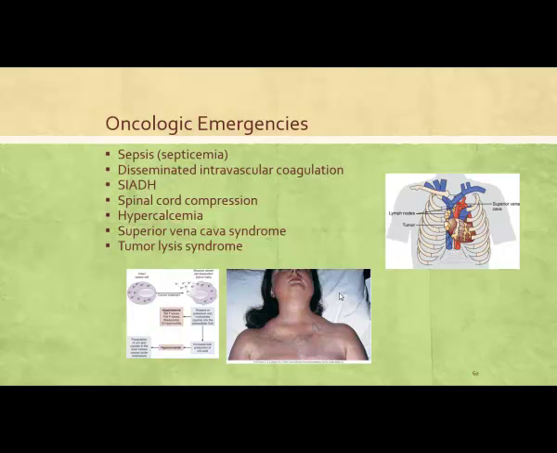For treatment, we can use large dose steroids, so dexamethasone, to help shrink down the size or decrease the swelling. We can use radiation to help decrease that tumor size. And if it's related to collapsing vertebrae, we can maybe use braces or surgery, but typically it's going to be a very palliative type treatment.